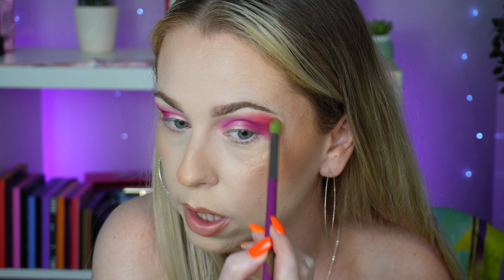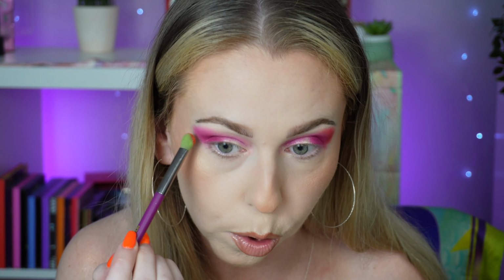Okay, maybe we'll go into the orange then instead, which is called Lilo, and it is a beautiful bright orange. I'm just going to tap that on the edge of it to begin with. I think pinks, purples and oranges just look absolutely stunning together. Yeah, we're going bold, we're going bold. Buckle up, folks. Just gonna take a real big fluffy brush and I'm just gonna try and sweep this orange out a bit,